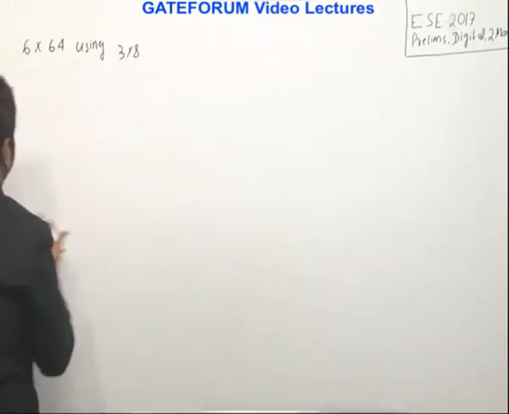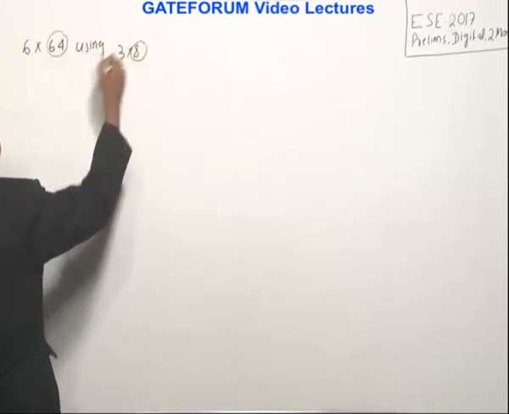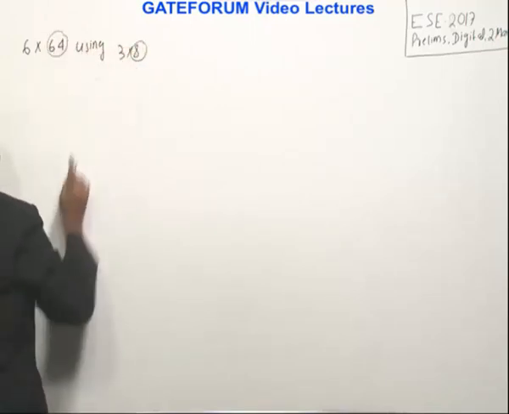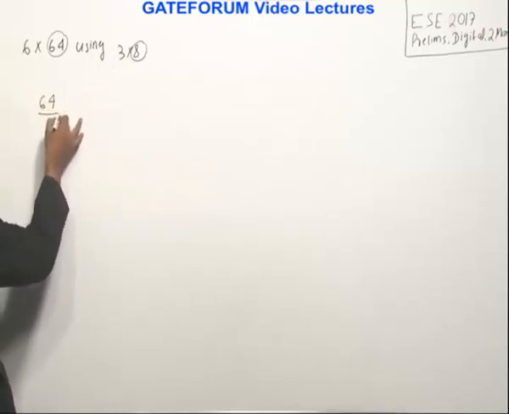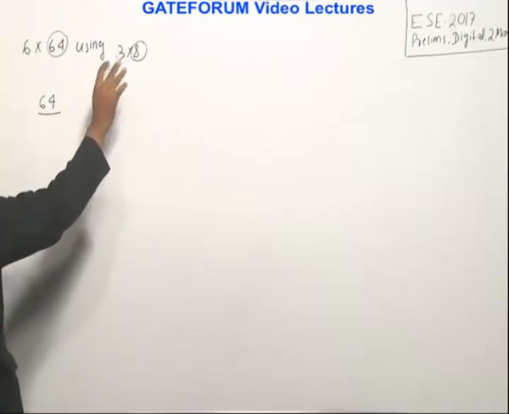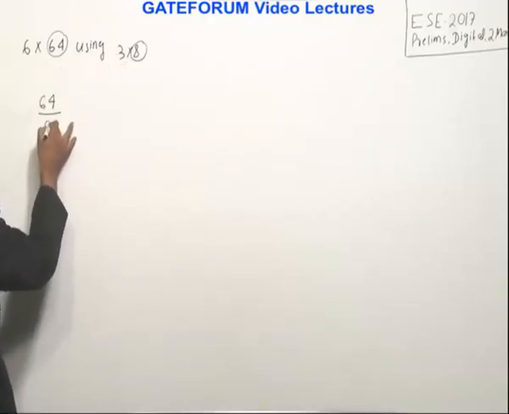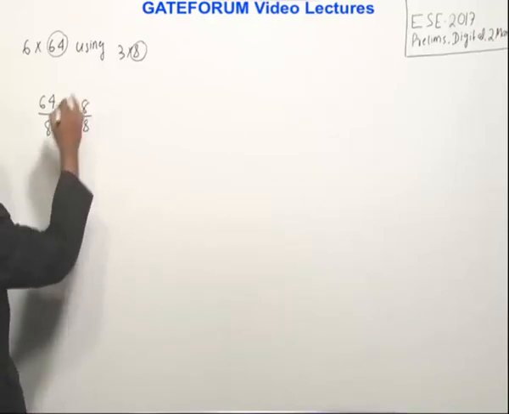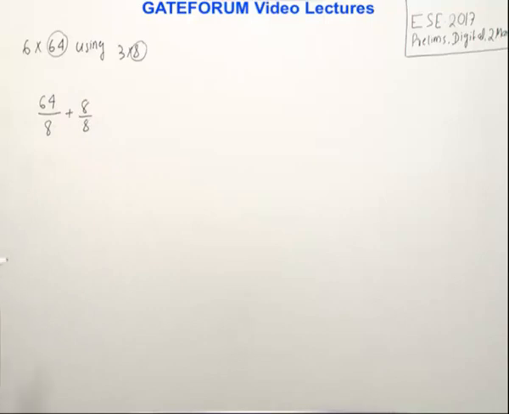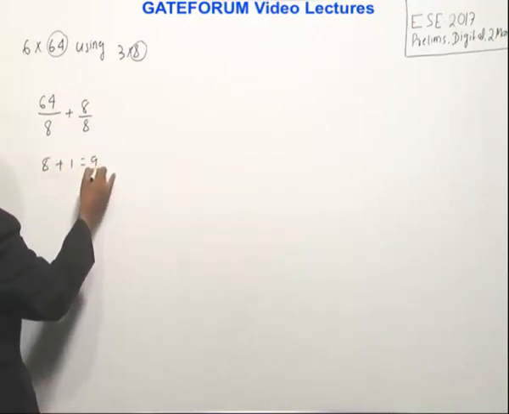There are multiple ways, but in such cases, we concentrate on the outputs of the required structure and the given structure. The required structure's output is 64. You divide this by the given structure's output, which is 8. So 64 by 8, what do you get? You get 8. Again you divide this by 8, until you get 1. So I stop here. This is 8 plus 1, so I need 9 decoders.